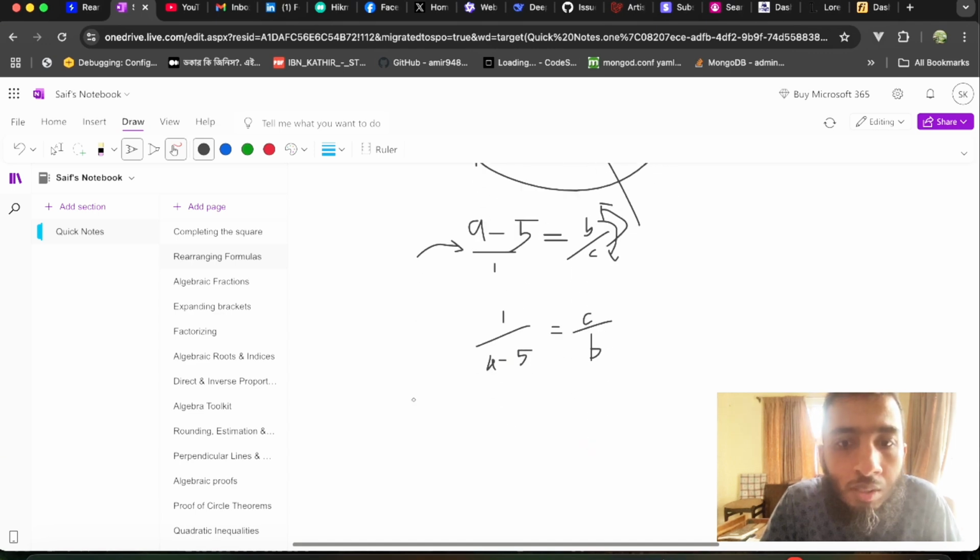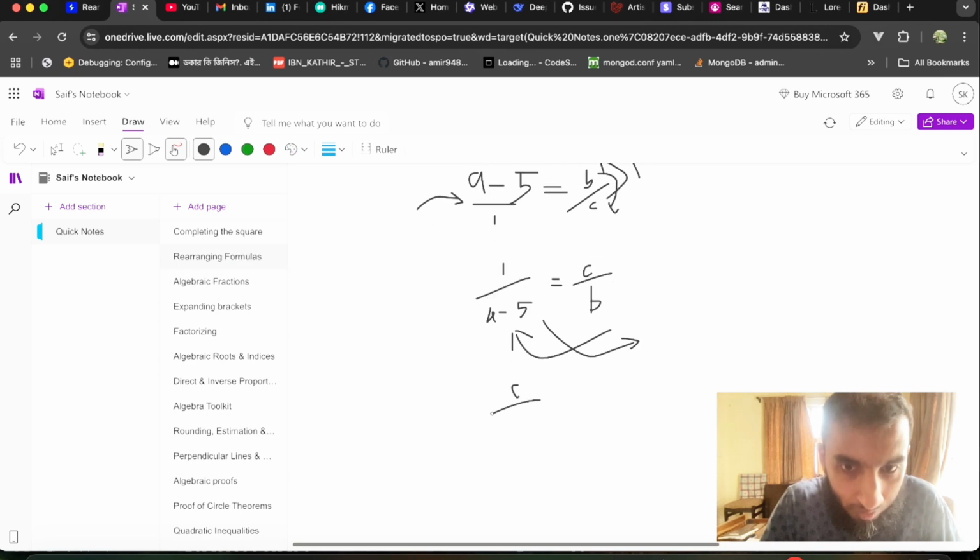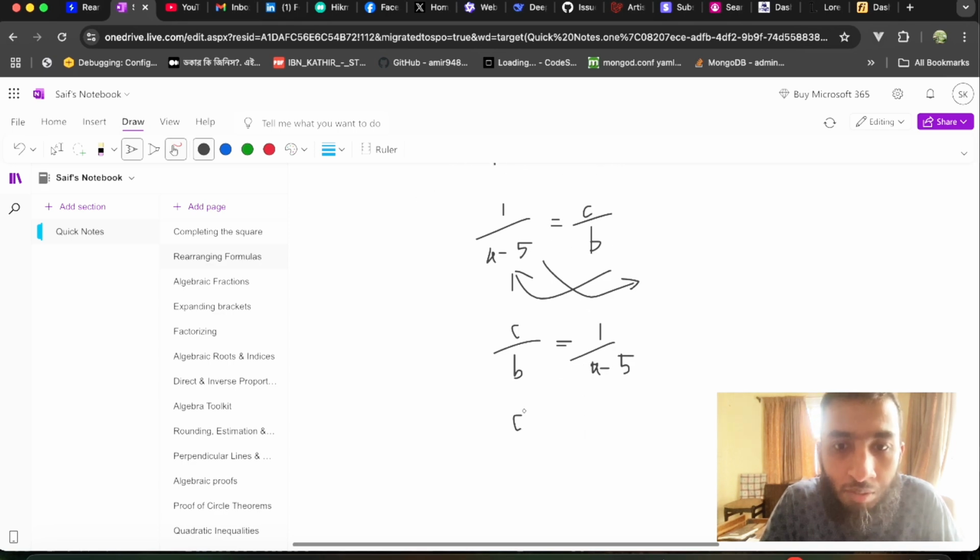Okay, so I can also write, if I just interchange, c by b equals 1 by a minus 5. So if I now take b here,